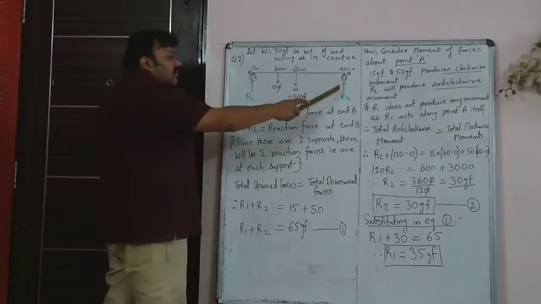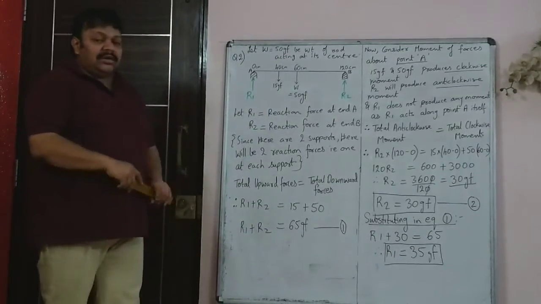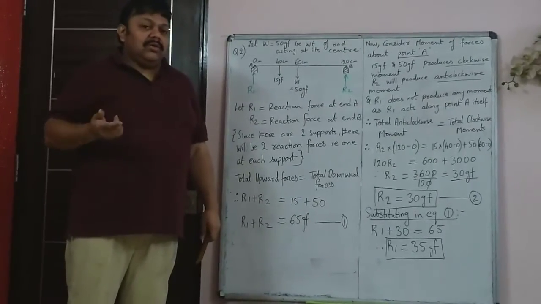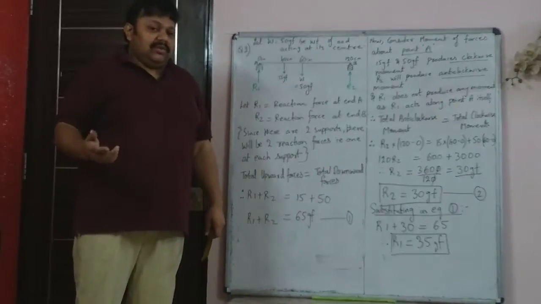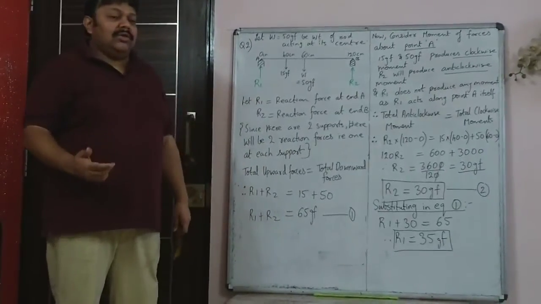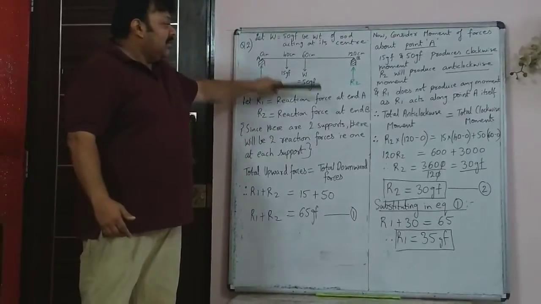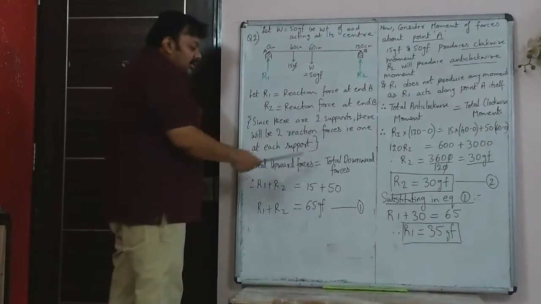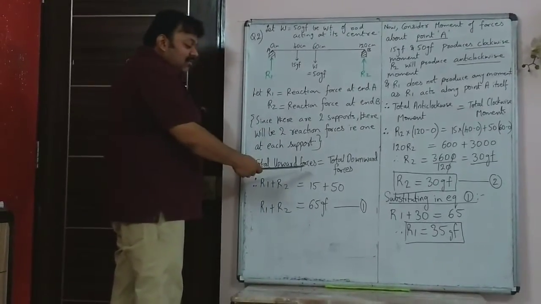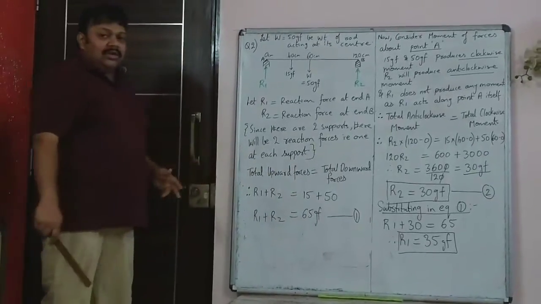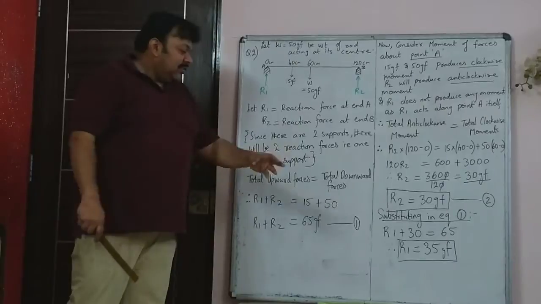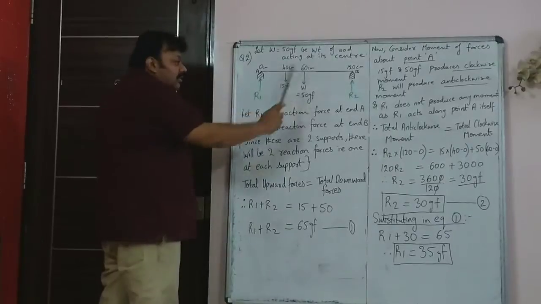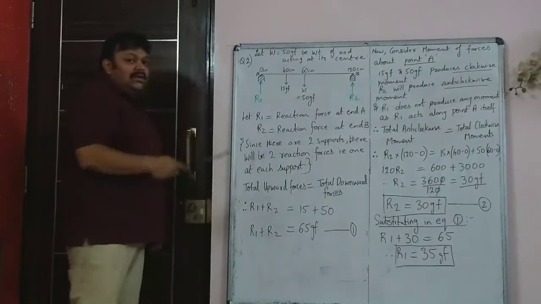So these two reaction forces are acting in the upward direction. As we told, there are just two equations in this: total anti-clockwise moment is equal to total clockwise moment, and second, the formula that sum of all the upward forces will be equal to sum of all the downward forces. So now here, sum of all the upward forces is equal to sum of all the downward forces. So what is acting up? R1 plus R2. These are the two forces which are acting in the upward direction.